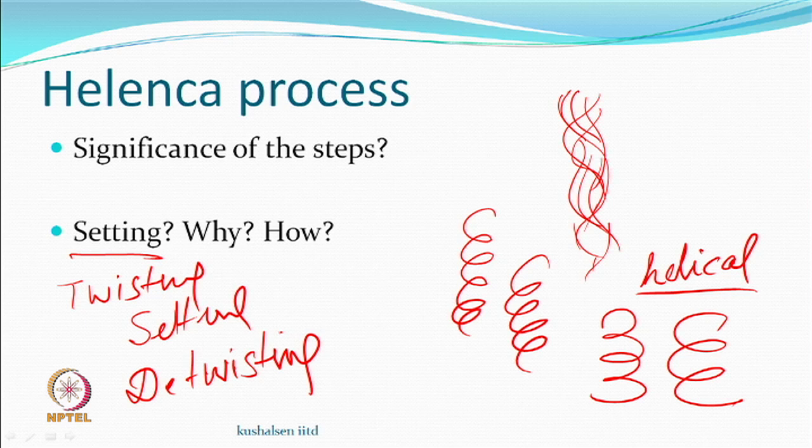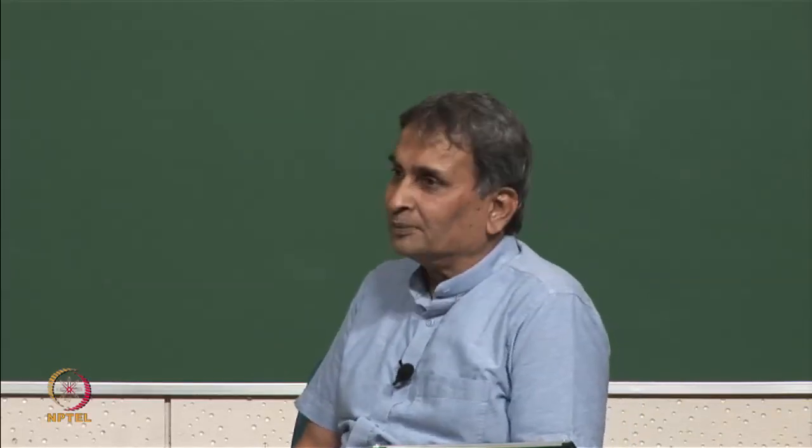And if this is what we do, we will get a textured yarn. So, principally a twisting. Sometimes this type of method is also called twist texturing, that you are using twist as a medium of deformation. So, you are deforming the parallel bundle and then retaining that shape by some method and